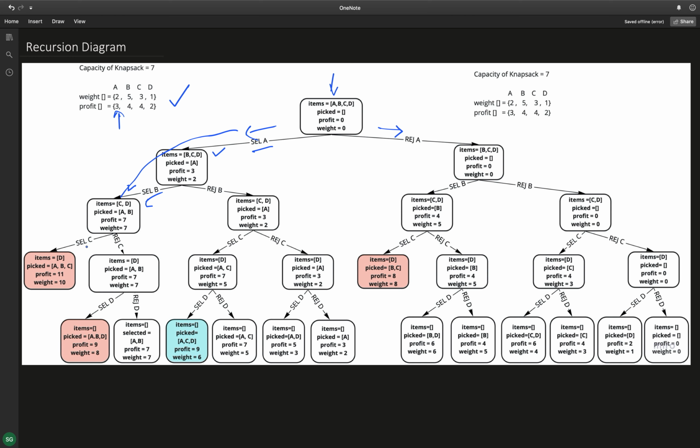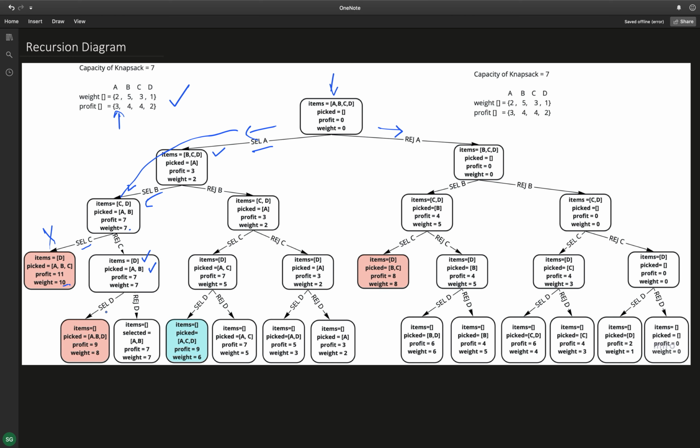Now if I select C, because the capacity of the bag was 7 and I've already put that much weight in that bag, I'm not able to select C, right? Because the weight will exceed in that case. And on the right side I'm rejecting C. If I reject C, then the only option I have is D, and A and B are already in my bag, and I have a profit 7 and weight 7.